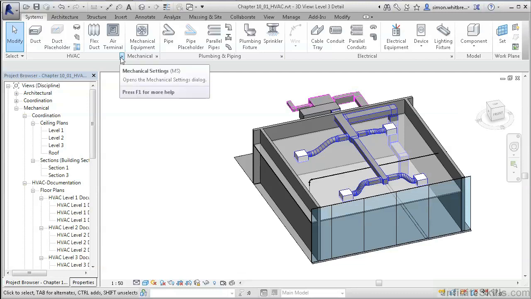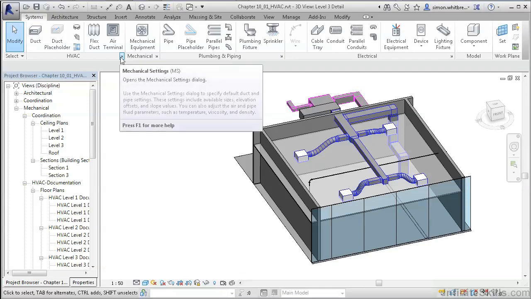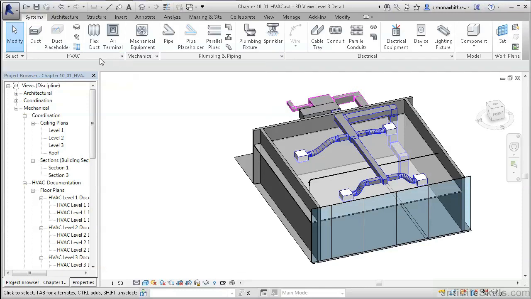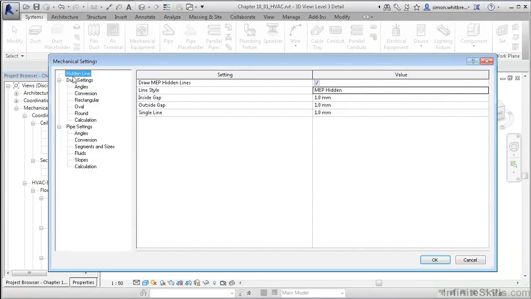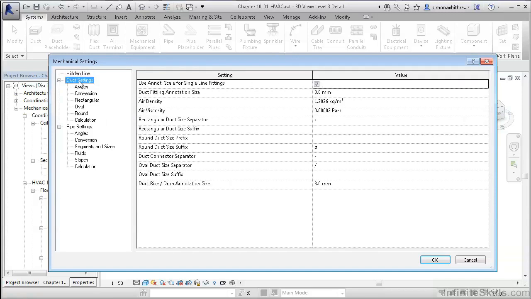This arrow accesses mechanical settings. It's the same whether you go to the HVAC, Mechanical, or Plumbing and Piping. In this video, we're going to concentrate on the mechanical settings. Click on the arrow. Under Mechanical Settings, we have the ability to draw MEP hidden lines, and then we have